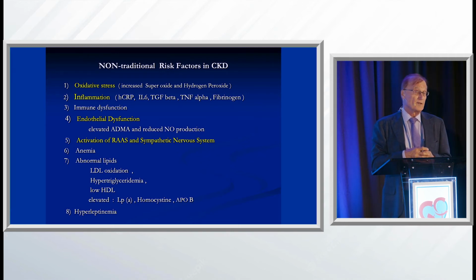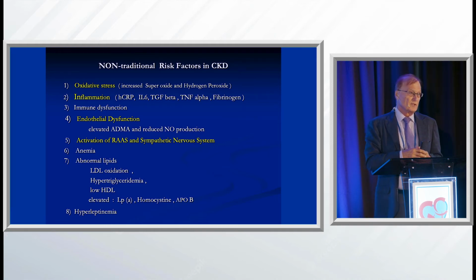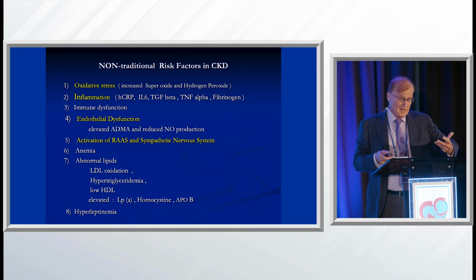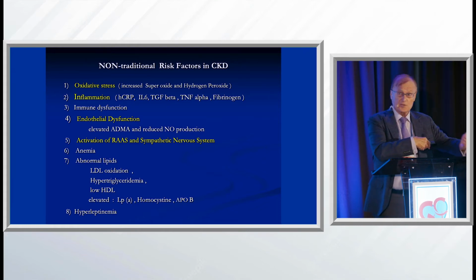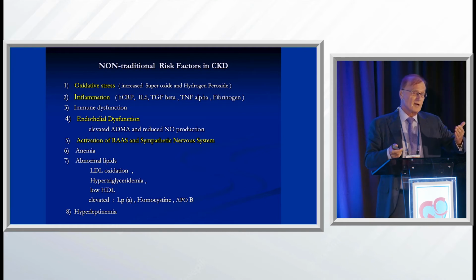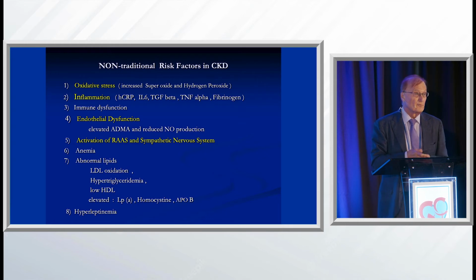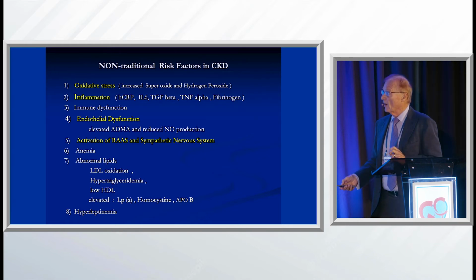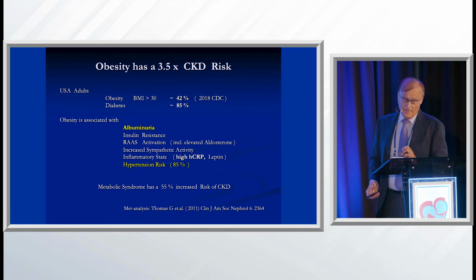And aldosterone, by the way, is very pro-inflammatory if it's overactive. So the drugs we use, like mineralocorticoid antagonists, the MRAs, in nephrology now, and particularly for years in cardiology, are clearly anti-inflammatory and therefore quite helpful for patients who have heart failure. So this is the long list of the non-traditional.